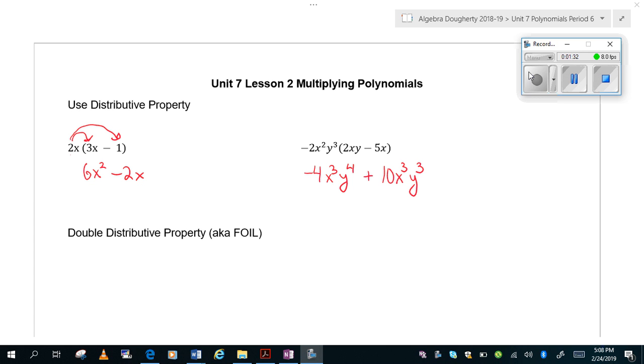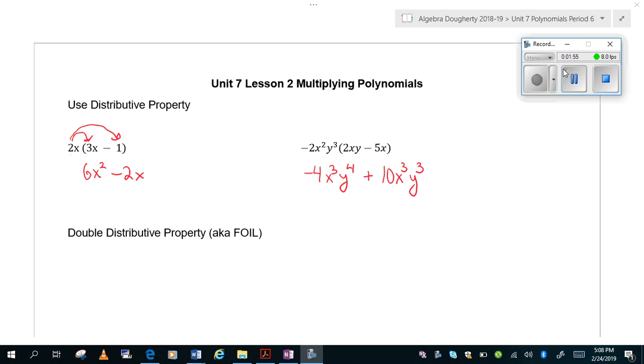Okay, there's the answer. Negative 4x cubed y to the fourth, plus 10x cubed y cubed. Now, I paused the video. This is my second attempt because I noticed while I was talking, it's possible I could make a mistake. So I want you to be careful when you do this as well. Don't be multitasking. Focus on one thing at a time,